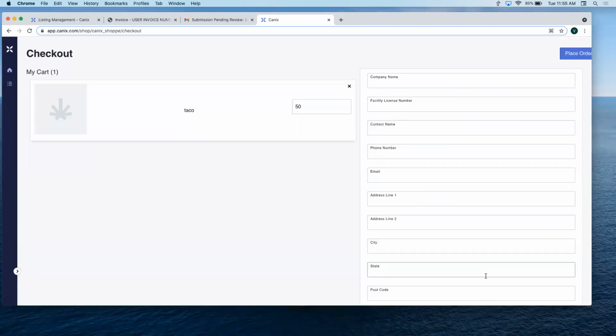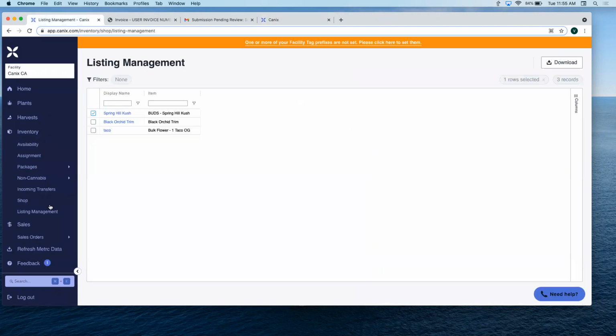And they'll have their information entered here, and that's going to tie into the existing facility, the existing customer that you have set up already. And so that'll show up in your sales orders. And from there, it's just a matter of allocating the packages, sending it out, creating the transfer, everything like that. So it's really creating a template of the sales order along with the quantity that they want. And then you would just adjust and set the pricing as needed, as you would a typical sales